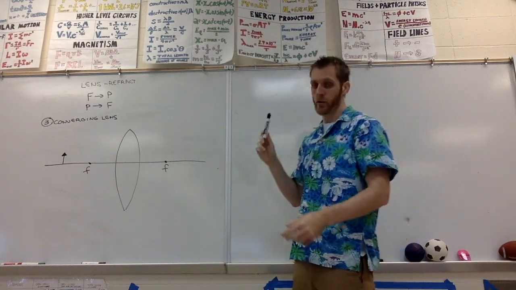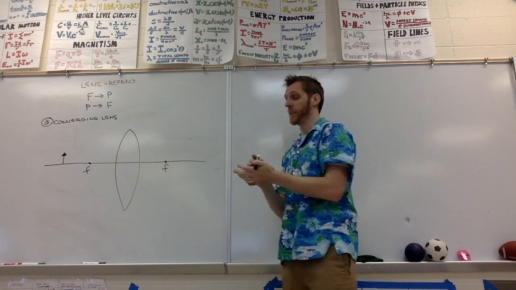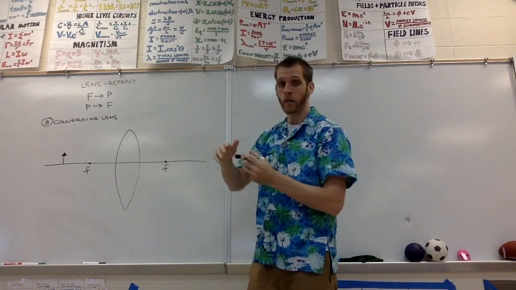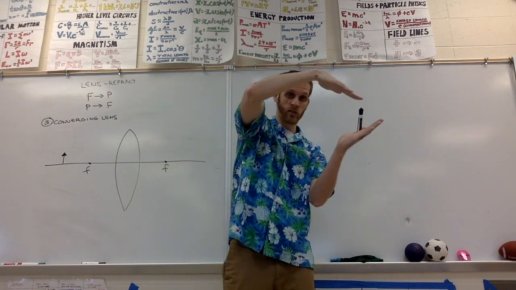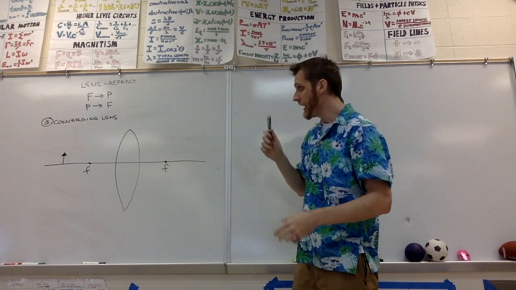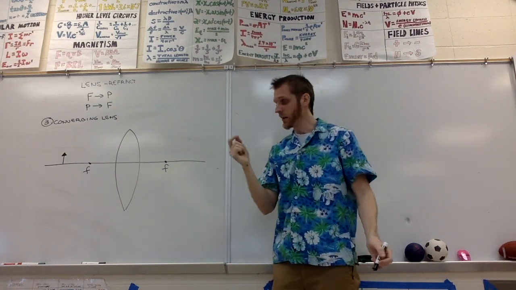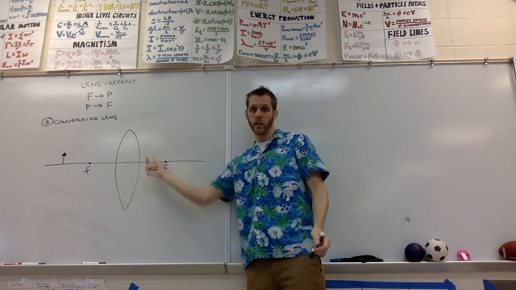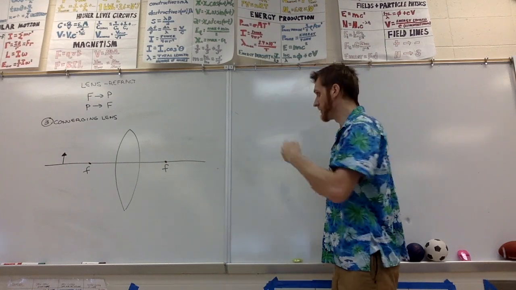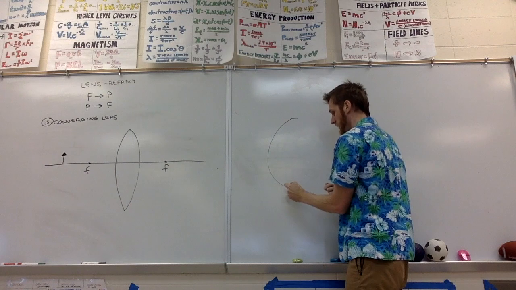So first case we're going to look at for lenses is a converging lens. Converging lenses are ones that take the light and bend it towards a point, it doesn't bend out, it bends towards a point. And in order to have a converging lens, you have to be thicker in the middle of the lens and thinner on the outside. Now, it doesn't necessarily have to look like this. You can have lenses that look like this,